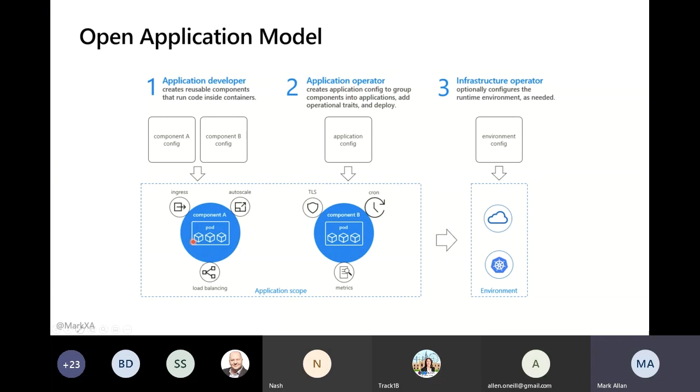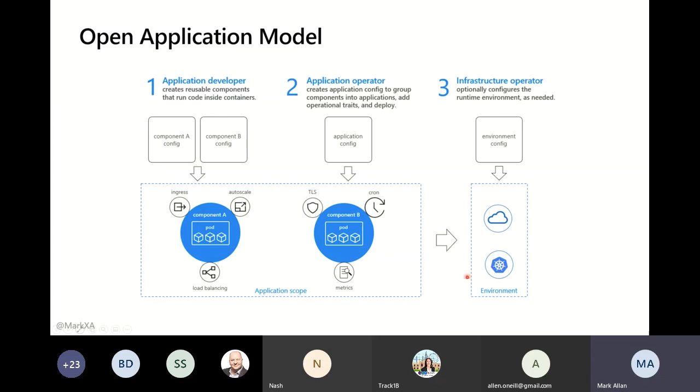The application operator can then define that at a more generic level, but the application operator may be the same as the application developer, and then that gets handed off to the infrastructure operator, who may be somebody in your company, but may equally just be somebody who works for your cloud provider or your infrastructure provider. And basically, you provide them with your application and its configuration and its components, and then they can dump it onto any infrastructure they want in theory.